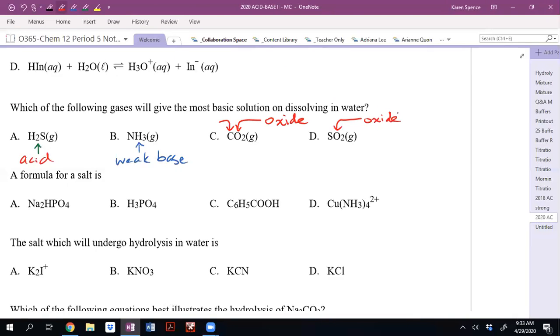Yeah, non-metal oxides are acidic. So for example, non-metal oxide, and again, this is a non-metal, they are acidic. So for example, if we had CO2 and we put it together with H2O, that would give us,